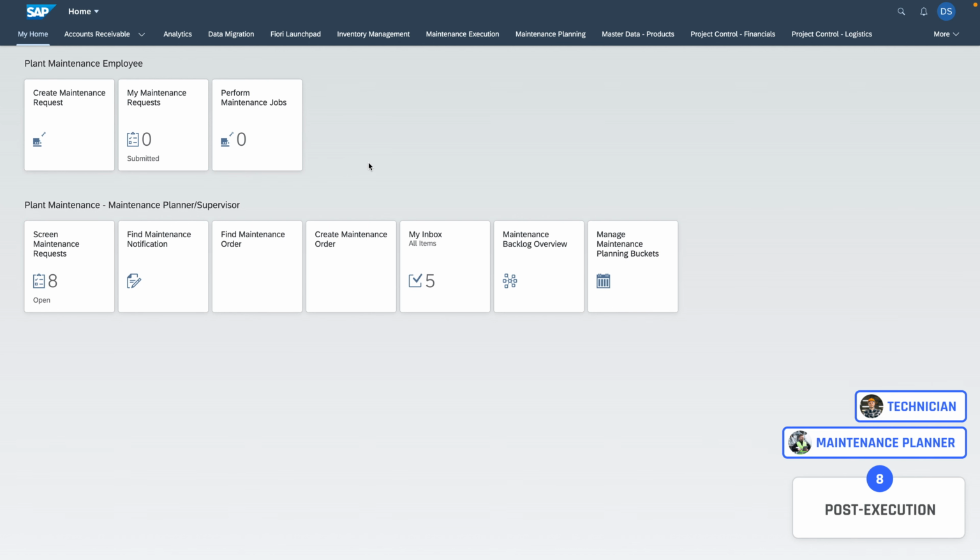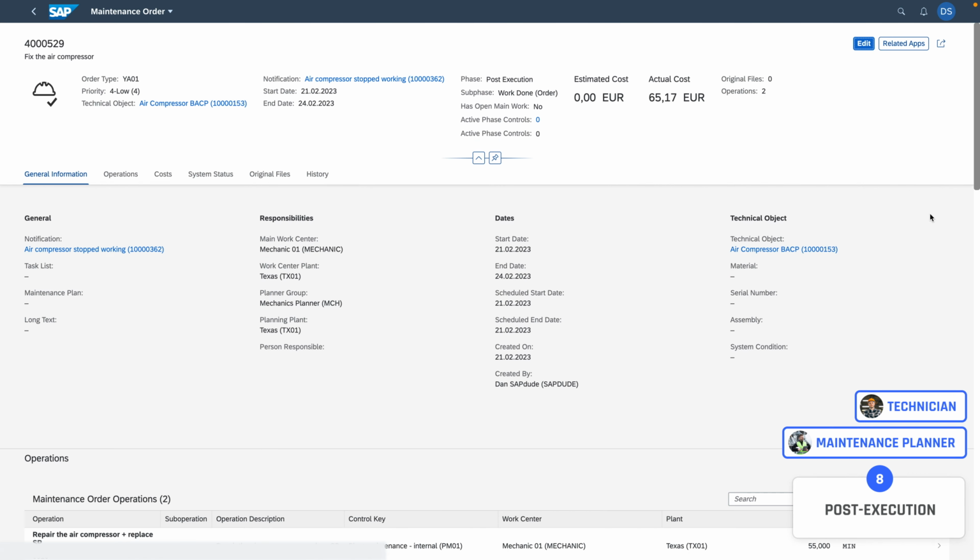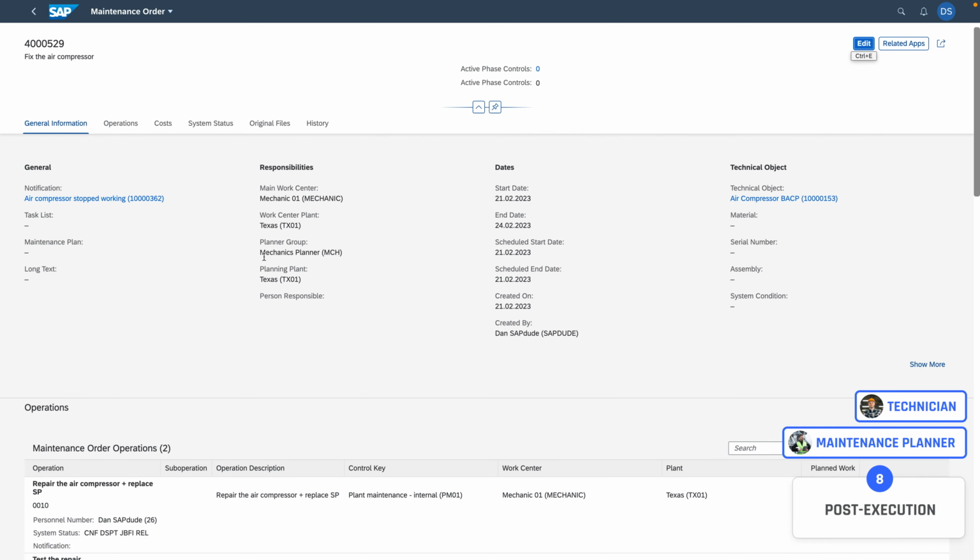Post-execution phase. Here, as a maintenance planner, we do almost the final checks of the work that has been performed by our people. And we control, for instance, goods issue, but also time confirmations, and basically everything around this order. For this purpose, we use the application called Find Maintenance Order. We see our Fix the A compressor work order, so we go to the details, and we see all the information